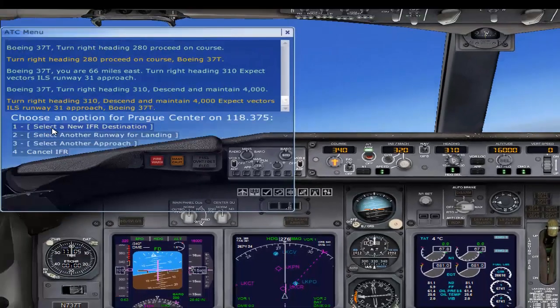Turn right heading 310, descend and maintain 4,000, expect vectors